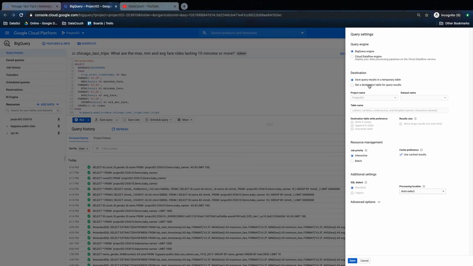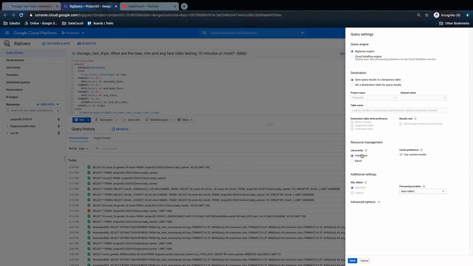So apart from that, you can save a query. You have two priorities. You can run this query in interactive mode, or you can run it in batch mode. So interactive mode, it will be counted in your concurrent query quota limit. So in case you don't want the query to run immediately, and you don't want to impact that particular quota, then you can run it in batch mode. So batch mode, the query will run when there are some idle resources in the Google Cloud Data Center. If there are no idle resources, then after 24 hours, it will switch to interactive mode. But it will wait for 24 hours to get some resources from the Google Cloud Data Center.